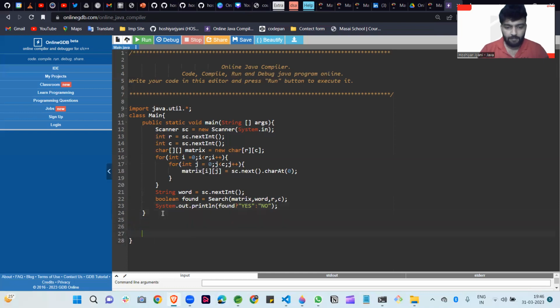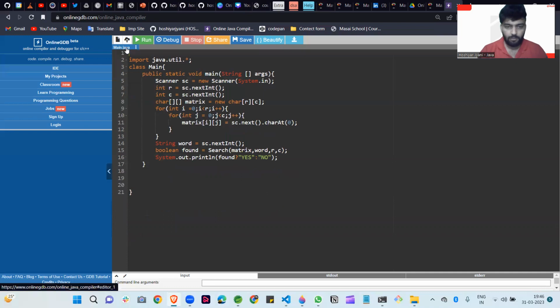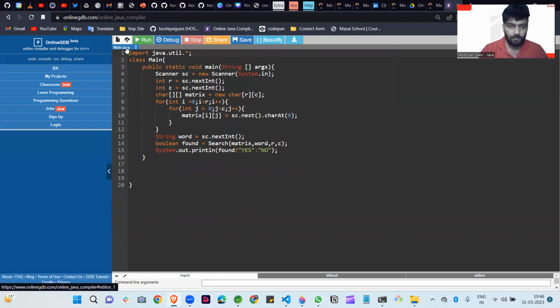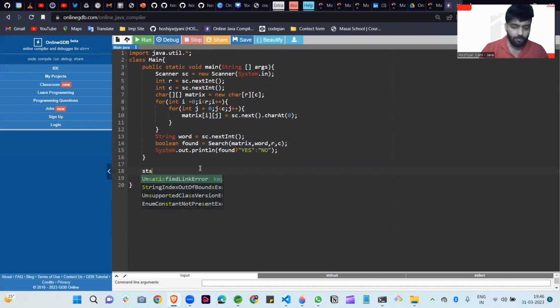So after that, guys, now we implement this method. I delete this for the space. So our method is created. Name of method is search. We implement this method in a static way. Static, return type is boolean.